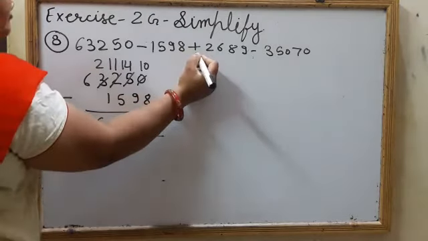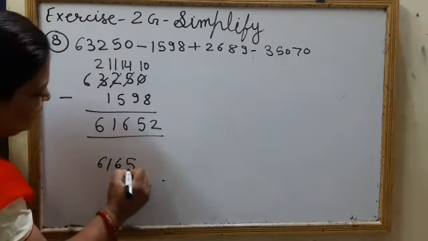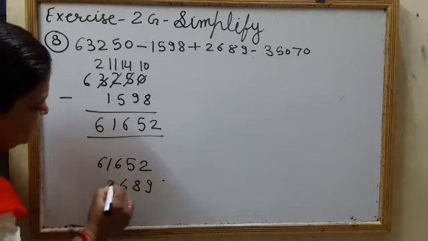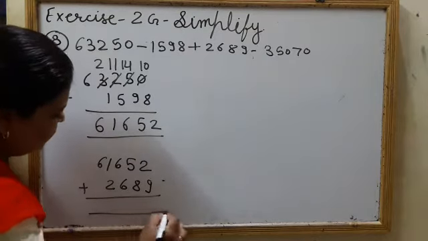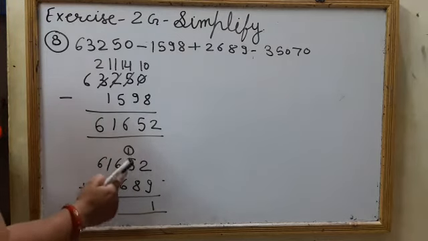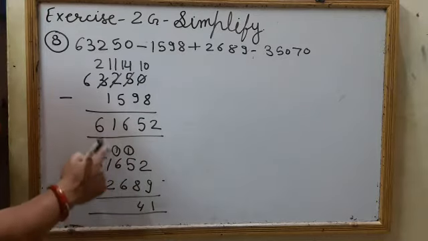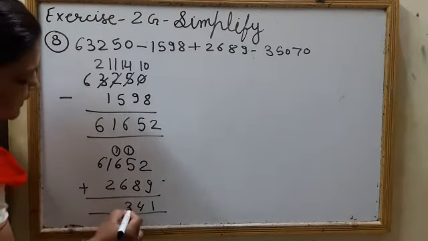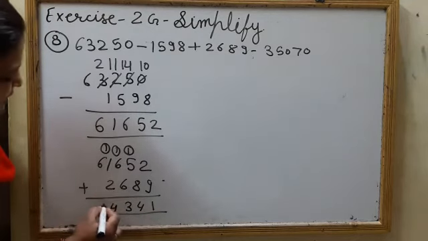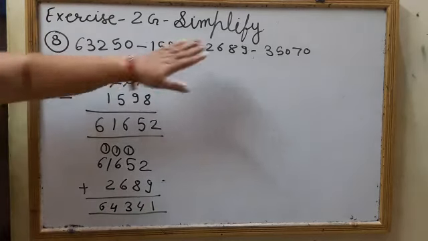Now next is addition and we have to add this number. So we'll write like this: 9, 8, 6, 2. 9 plus 2, 11. 1 carry. 5 plus 1, 6. 6 plus 8 is 14. 1 carry, 6 plus 1 is 7, 7 and 6 is 13, 1 again carry, 1 and 1 is 2, 2 and 2 is 4, and 6 plus nothing is 6 only. Now we got this answer after solving the sum till here.